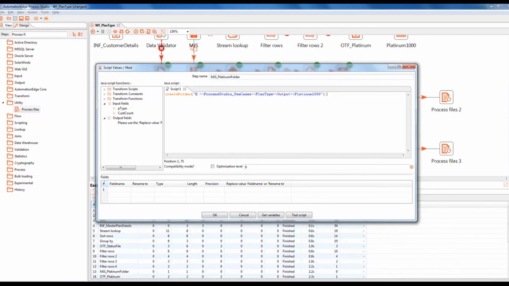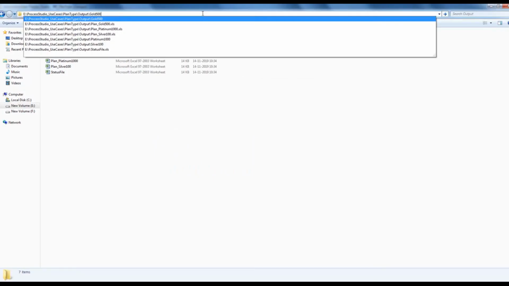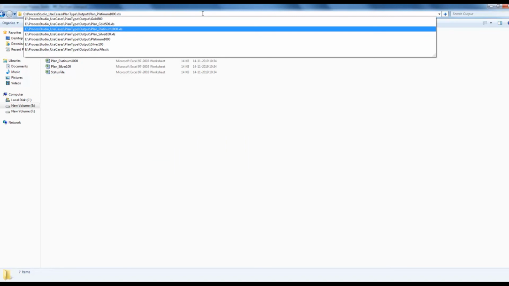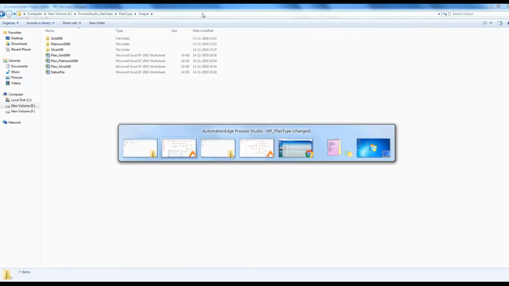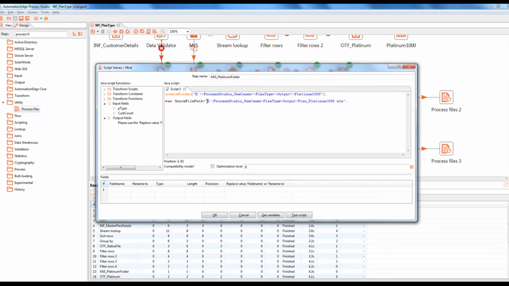as var source file path equal to, in double quotes, let me copy the path from the output folder. Basically, I want to move the plan underscore platinum 1000 file,